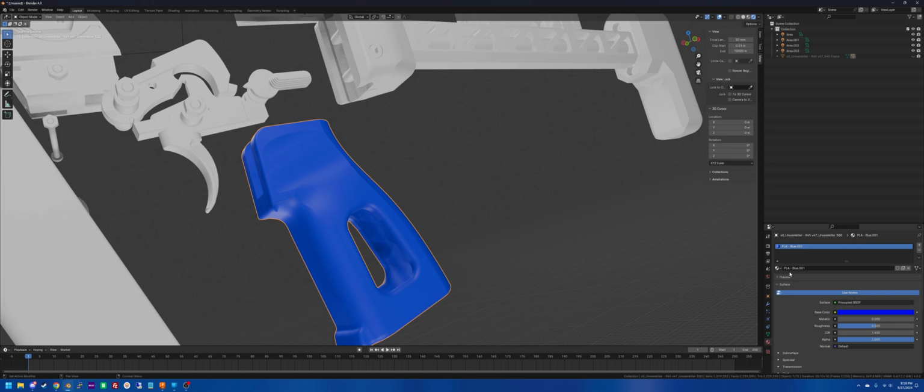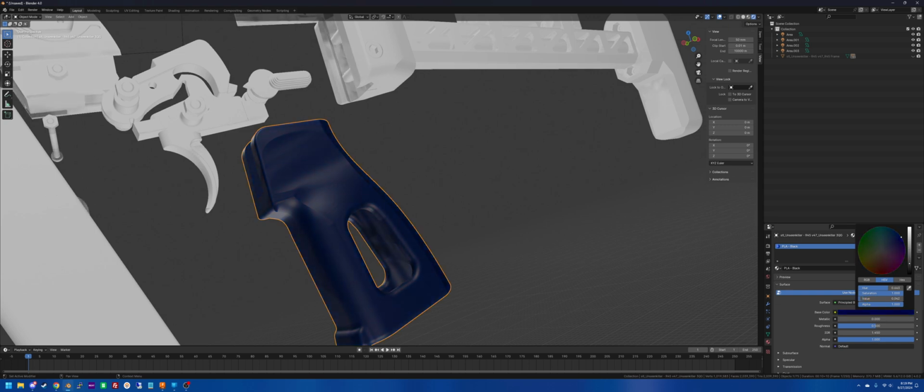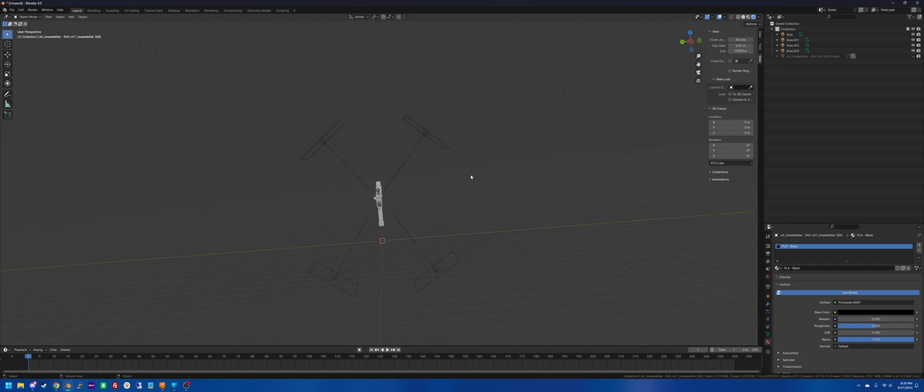Then we're gonna hit this new material. It just duplicates what you have. So we're gonna call this PLA black. We're gonna change its color to, as you guessed it, black. All right, so just to make sure we don't accidentally colorize things, we're gonna select and hide,